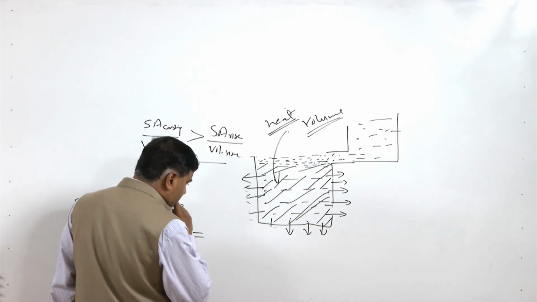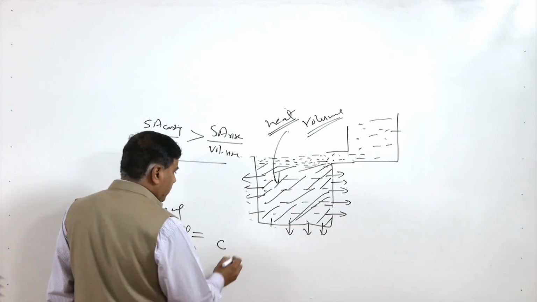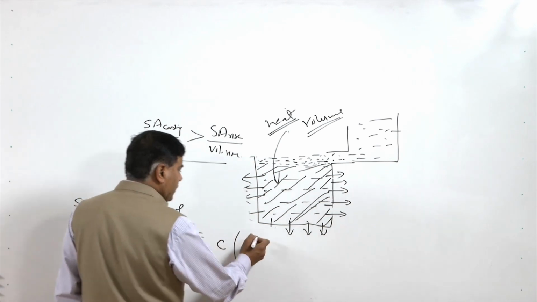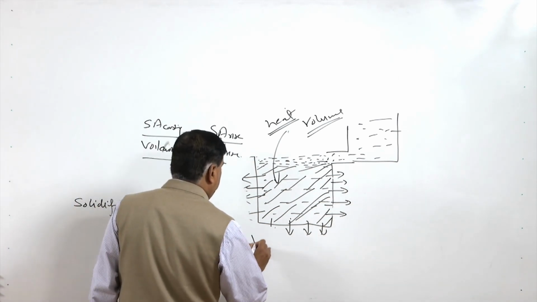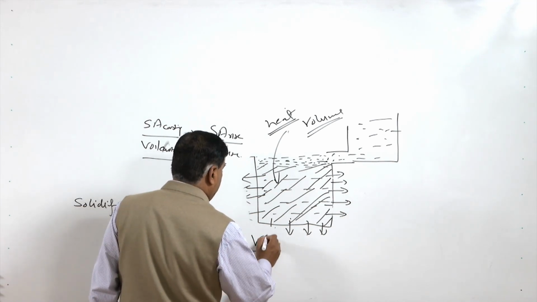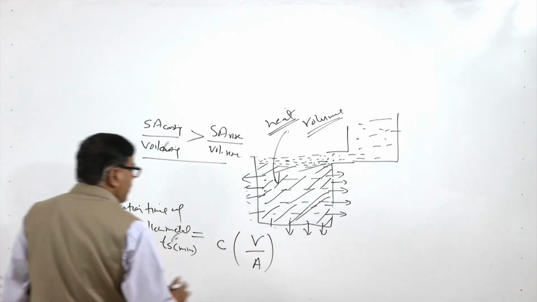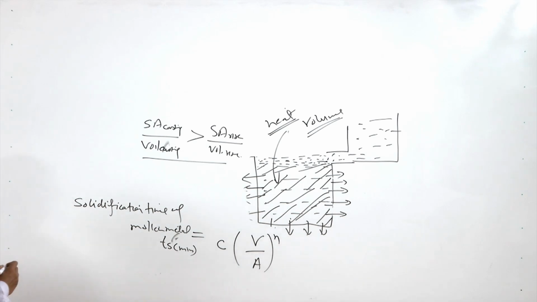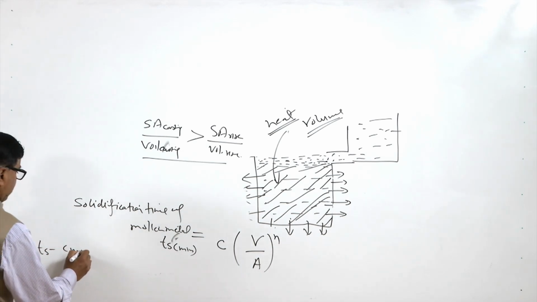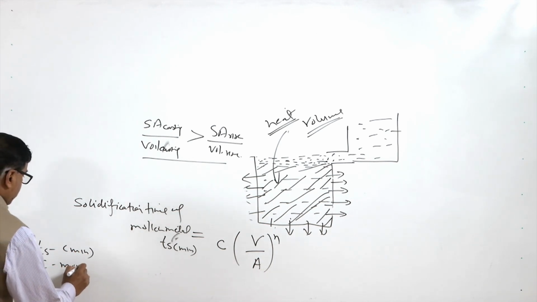Here C is the mold constant, and it is multiplied by the ratio V by A raised to the power n. So, what these parameters are: the solidification time Ts is given in minutes, and C is the mold